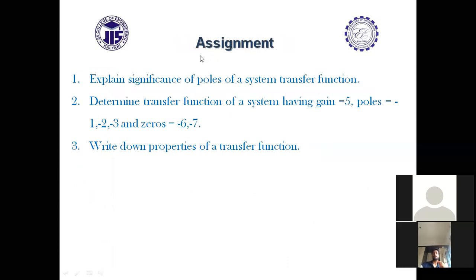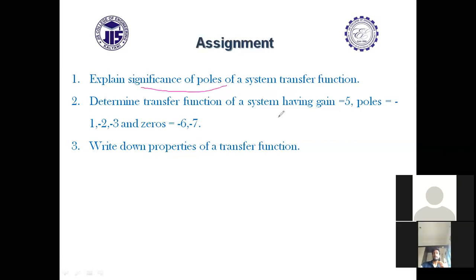Once you have gone through this topic and understood it, you'll be able to answer the significance of poles of a particular transfer function. What is the significance of a pole? As I already discussed, depending on pole values, a system may become stable or may become unstable. A system's response speed can vary accordingly. So the dynamic as well as steady state behavior of a particular system entirely depends on pole zero values. That is why this question is very important. What is the significance of a pole?